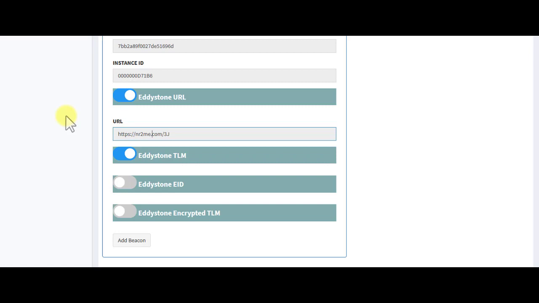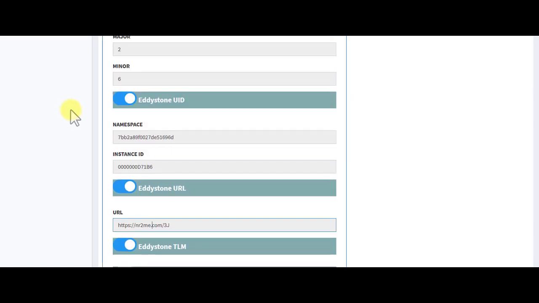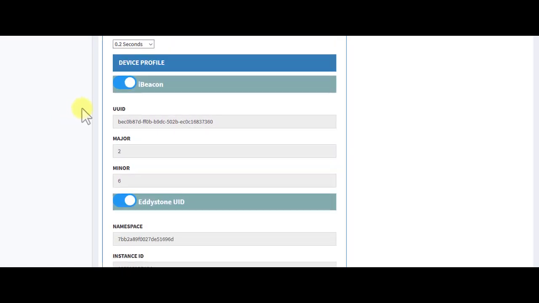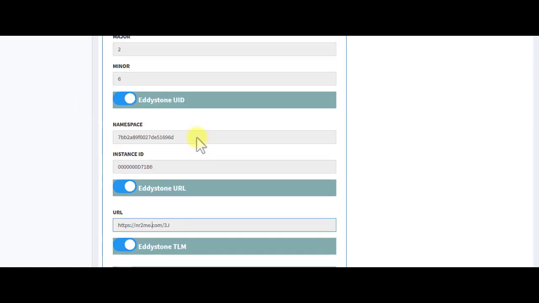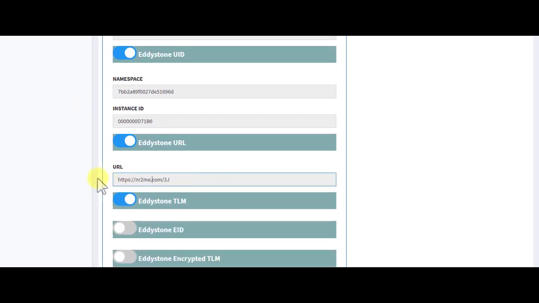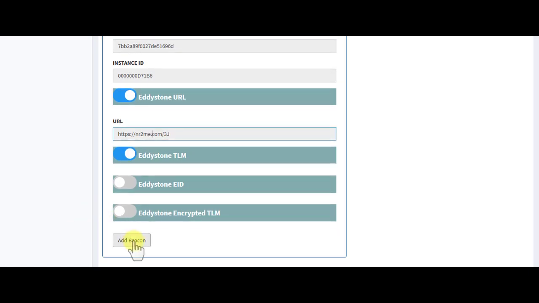All these are automatically generated within the system. The only difference between using a contact beacon and using your own beacon is that you have to take the values here, here, and here and copy them and paste them into whatever system you're using to update your particular beacon. Then all you have to do is click Add Beacon, and if you're using a contact, that updates it in the contact panel,